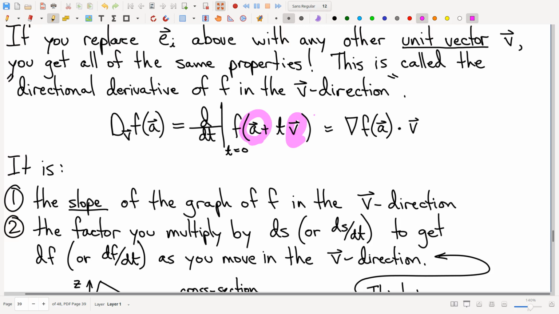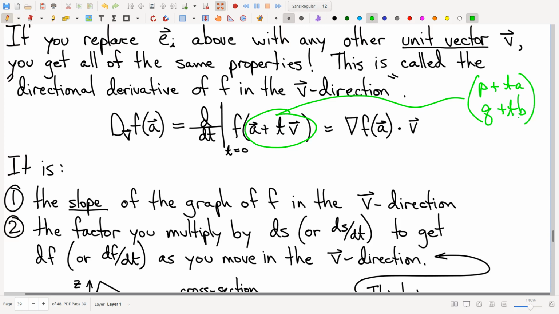The direction vector is a vector that has coordinates, and so you can explicitly write it down as P plus tA, Q plus tB, something like that. This is your X,